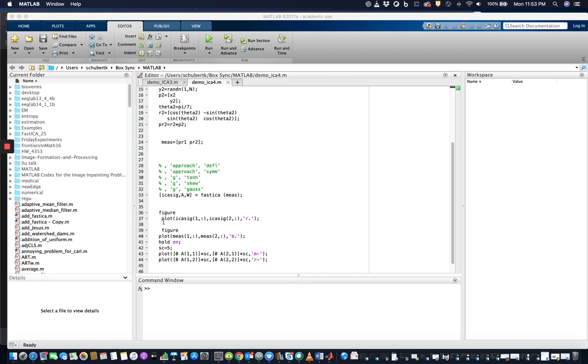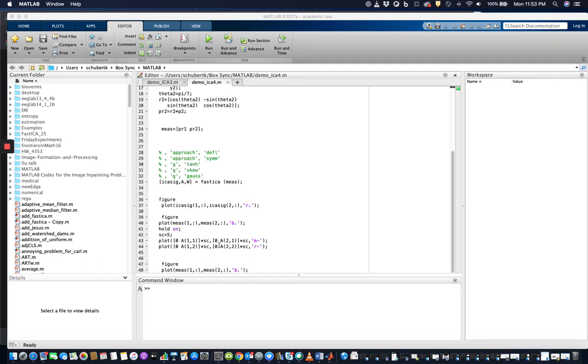Then we'll have a figure, and it'll plot what the data should look like when it's clean, and we'll plot the measured data. On top of that, that's what the hold on is for, I'll plot the axes from the A matrix. So this will say what direction it found the data to lie in, the principal directions, and then last it'll plot the data itself. So I'm going to run this script,